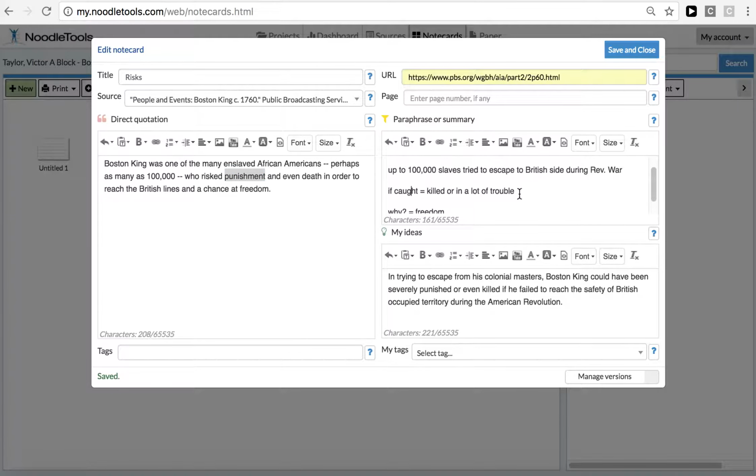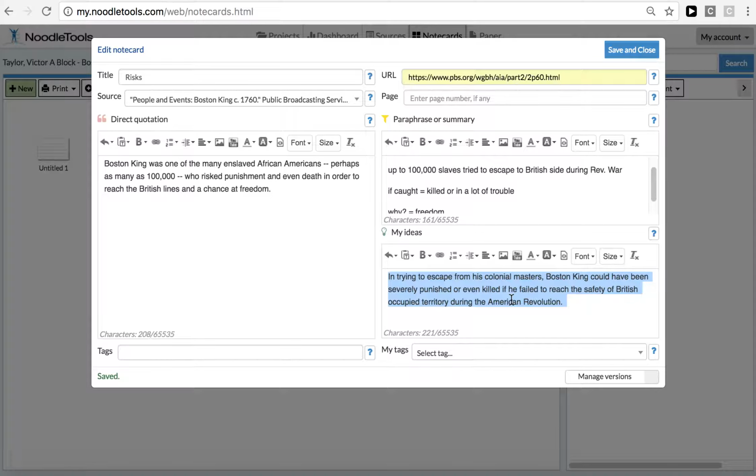It's helpful to do this for a couple of reasons. One, if you just reuse the same words, you don't have to think about it as much. But to think of your own words, you really have to think about the information. It'll help you learn it better. It'll help you understand it better. And ultimately, it will help you go from the original text to your own words